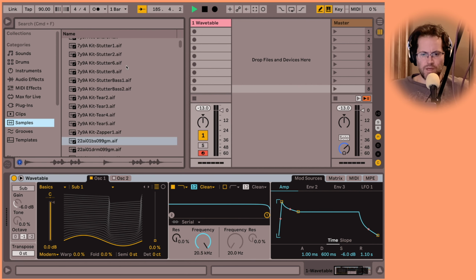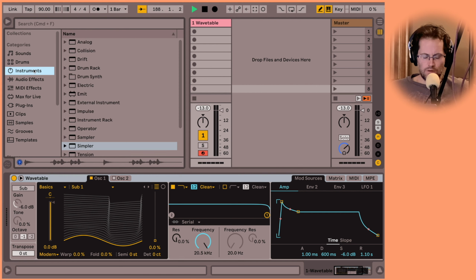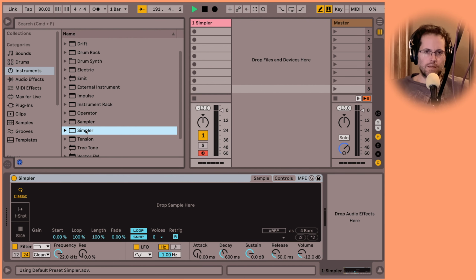I've been doing sampling devices in Ableton, of which there are two. If you go into instruments, there's Simpler and Sampler. Simpler I use the most because everyone has Simpler, no matter what version of Ableton you have. So why would I choose to use Sampler?